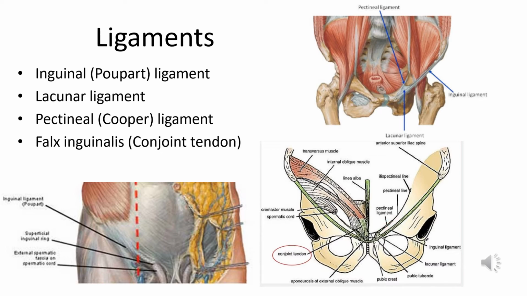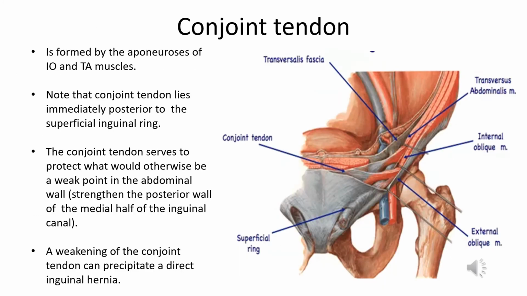Another significant structure of the abdomen is the conjoint tendon. This tendon is the combined insertion of the aponeurosis of internal oblique and transversus abdominis muscles. Conjoint tendon is located posterior to the superficial inguinal ring and forms the medial part of the posterior wall of